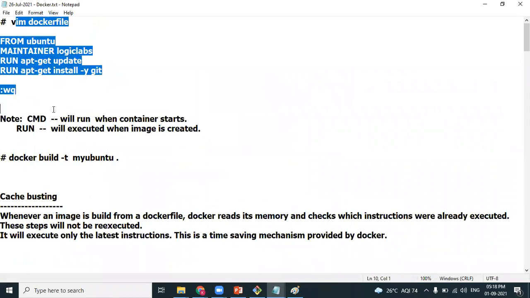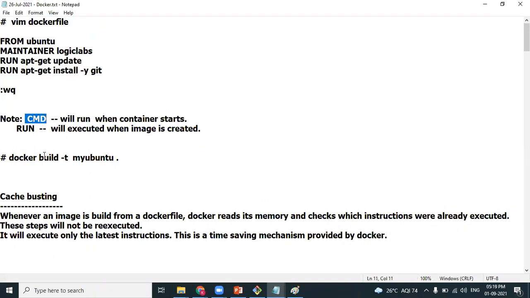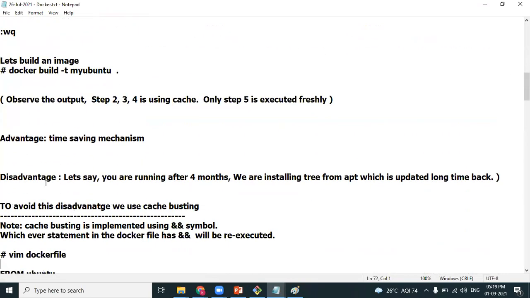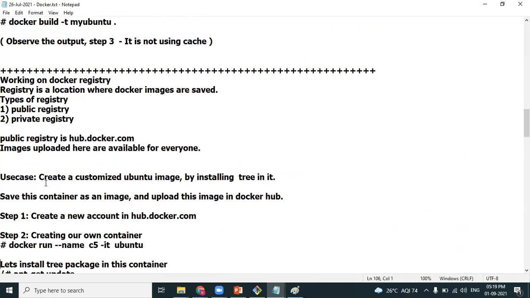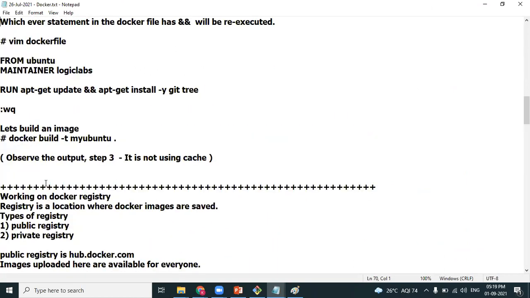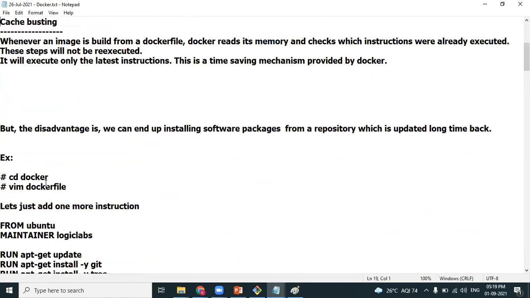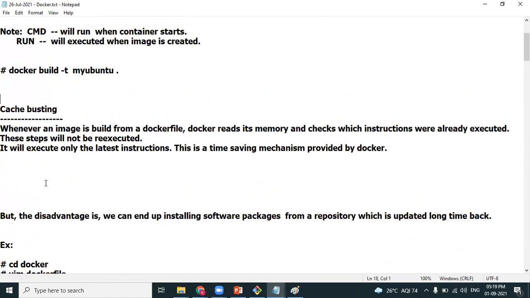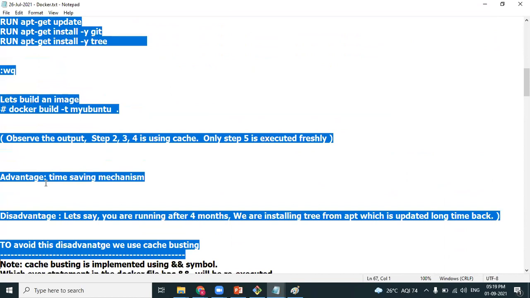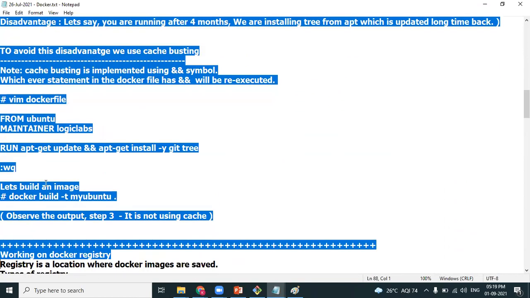This we have already seen, the difference between the CMD instruction and the RUN instruction. I want to discuss one important feature called the cache busting feature. Many participants who are working in Docker are not aware of this feature.